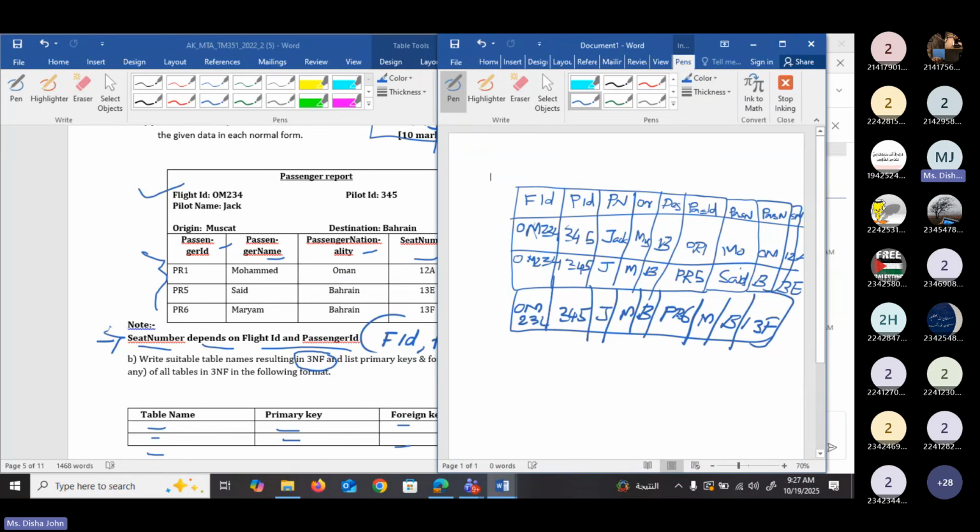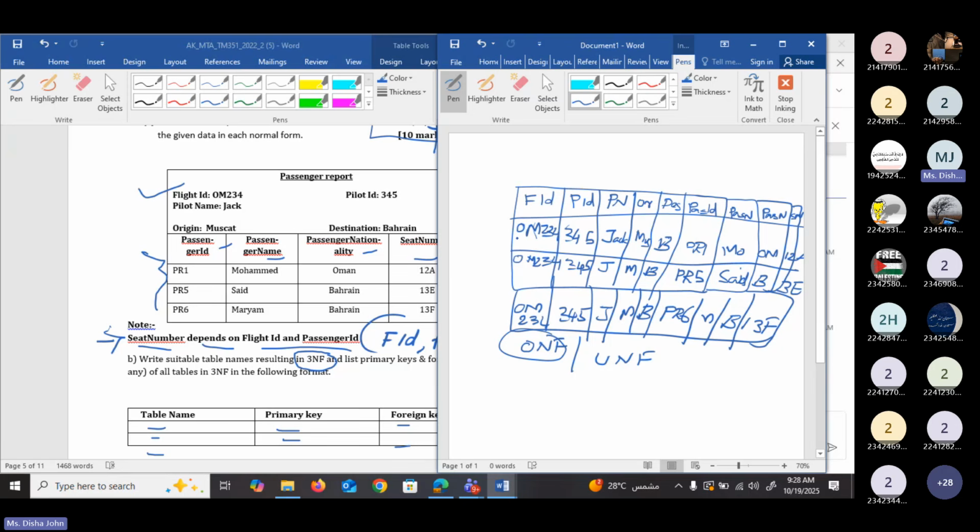So this is the normal form in 0NF, or we can say that this is the table in unnormalized representation. Do you understand how you can make a report into a tabular structure? Yes, sir. Okay, so what is meant by 0NF or UNF is that whatever data is given, you need to include the data in a tabular structure or within a table.